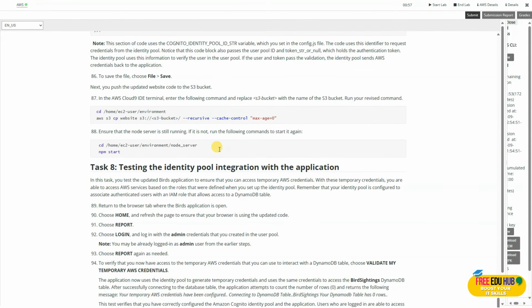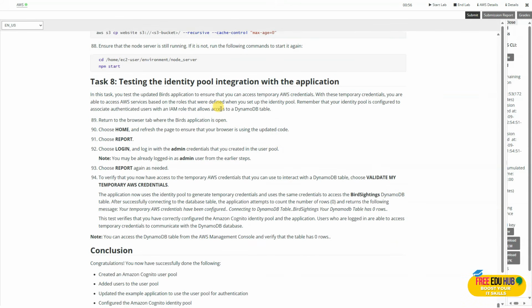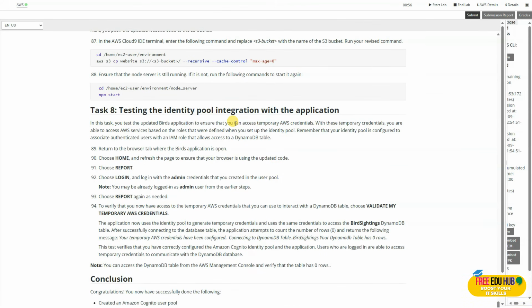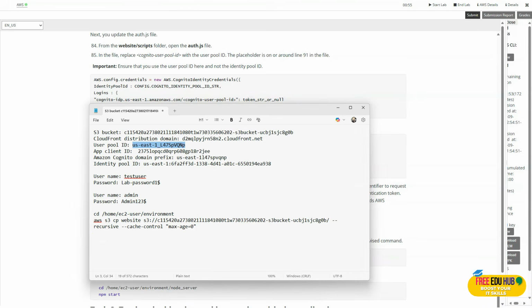After that, we'll go to the instructions again, and we'll have to copy certain files from here. We are going to copy it and paste it on our notepad file, and then we have only task number 8 left. So let's try to finalize this thing as well. We were at point number 87, so we are going to copy this address from here, but as you can see we'll have to update the S3 bucket details here. So I'm going to copy the S3 bucket details from the top line here, and let's copy it,